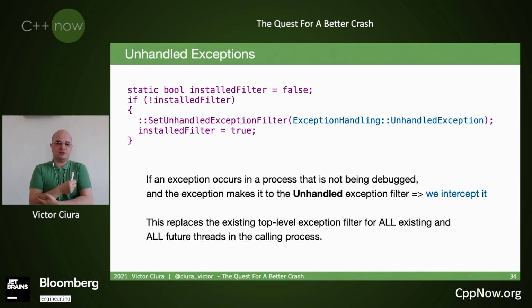So if an exception occurs in a process that is not being debugged, the exception is caught, the CRT intercepts it, and you get an opportunity to intervene. Some exceptions are even recoverable, so it's not always recommended to take that route. Sometimes the safest thing is not to let the process limp along and just terminate it immediately, especially if you have memory corruption, because it might get uglier if you try to recover. But at least you have an opportunity to log and archive this information so that you can inspect it and see what happened.